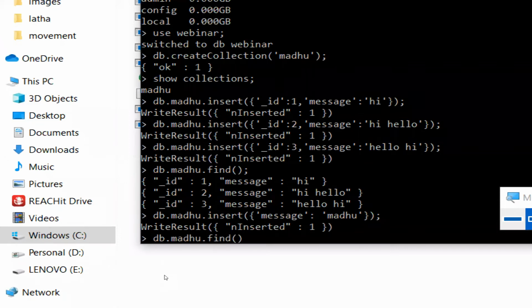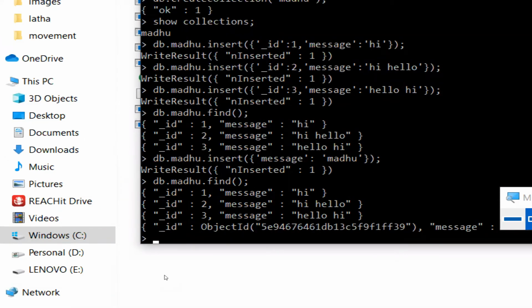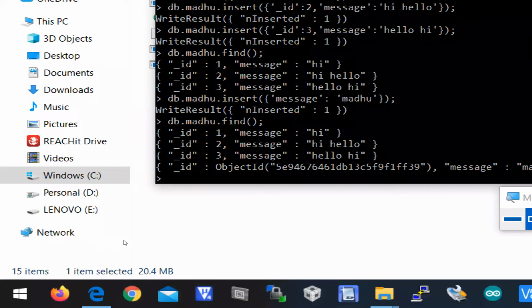Now a new primary key has been assigned for the message Madhu. You can see underscore id colon ObjectId of some random key has been generated. This is a random key generated by the server, though we did not give underscore id in the document. The server inserts a unique ObjectId if you do not provide one, so every document in the collection will have a primary key, and the primary key should be unique.